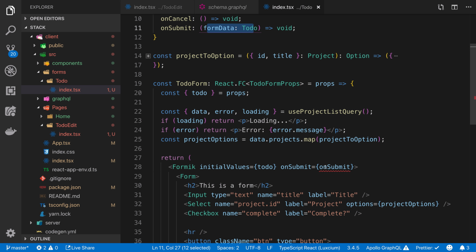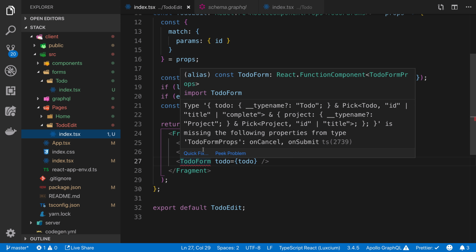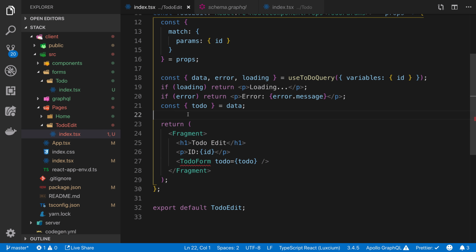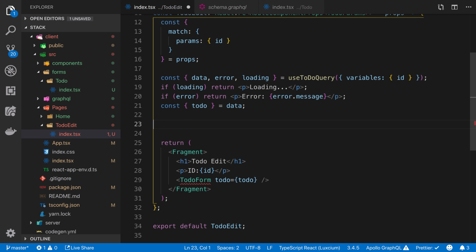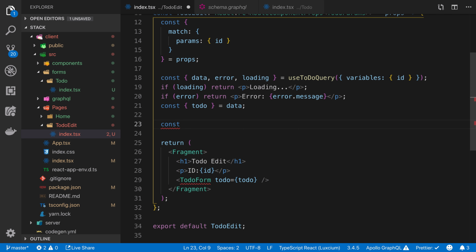So we've got rid of this, we got rid of that, and we're just going to say on cancel and on submit. We're going to bring those out from props, and in the page we should now find that it's not happy. Yep, which is good. I expected that. So I only want to define these when I've actually got some data. So let's do it below the hooks. So on submit,